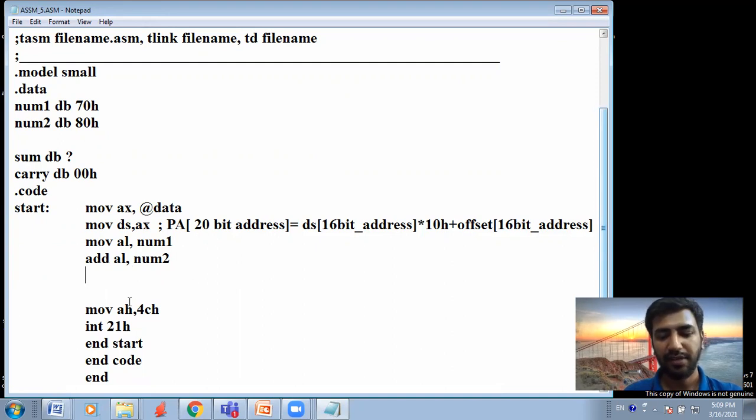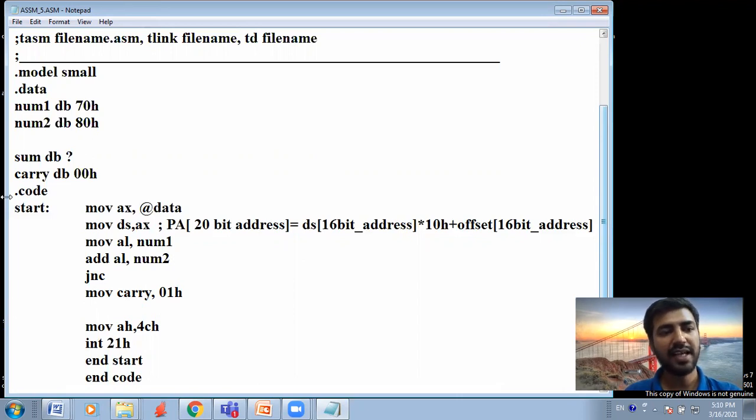So if I generate carry, I will store 1 in that memory location which is pointed to by carry. So move carry, 01H. Otherwise, I already have 00.